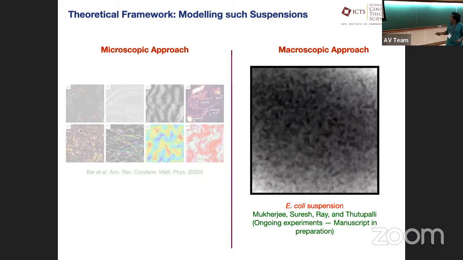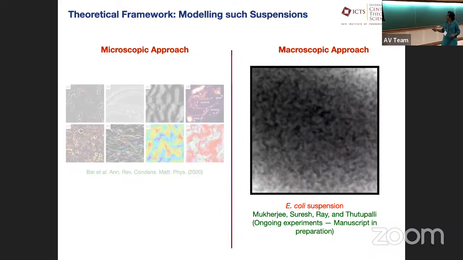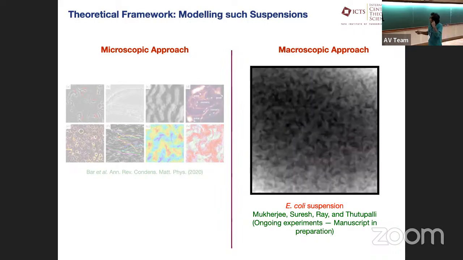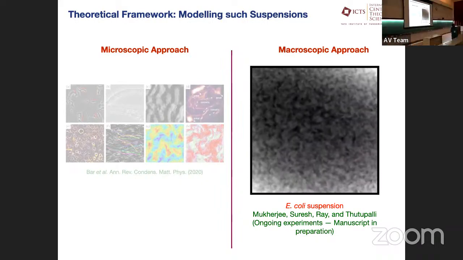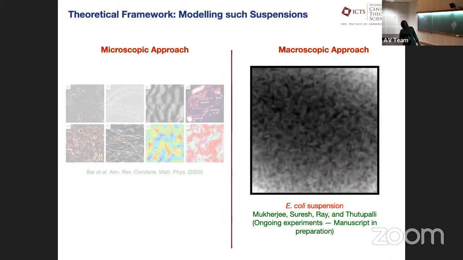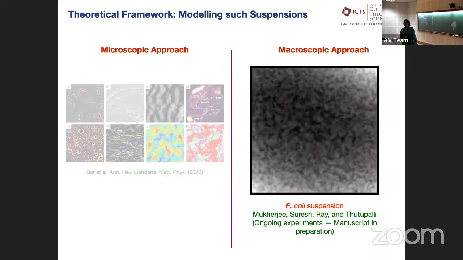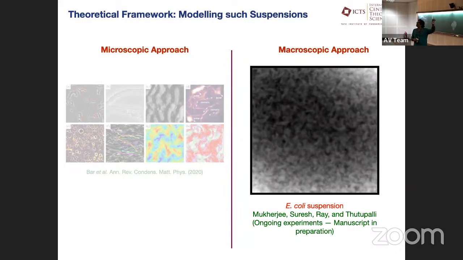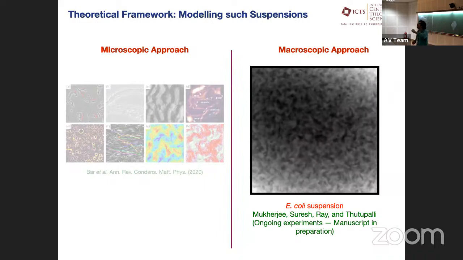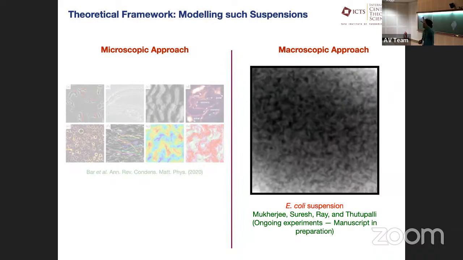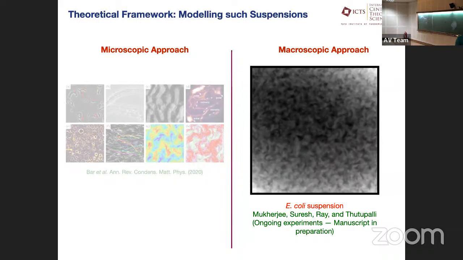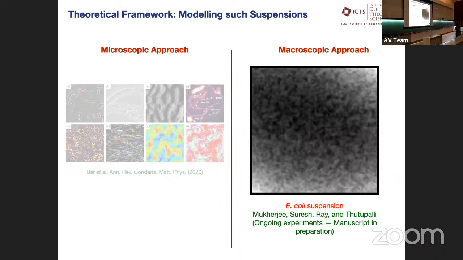What we are going to do is basically look at this. This is a movie from experiments that we are currently doing on E. coli suspensions, where this is a bunch of bacteria which are swimming, again at very low Reynolds number. But when you look at this movie, you realize that it's probably possible to have a more fluid-like description. So you can come up with hydrodynamic descriptions. You coarse-grain this field. You forget the individual bacterium, the rods or the apolar-looking needles. You might want to write down a continuum description of this, and that's what this talk will be about.